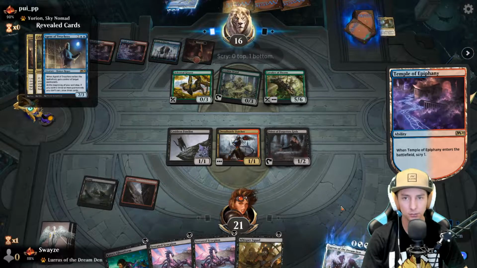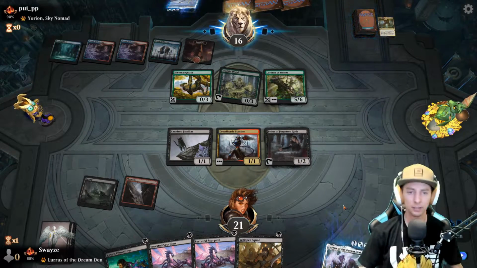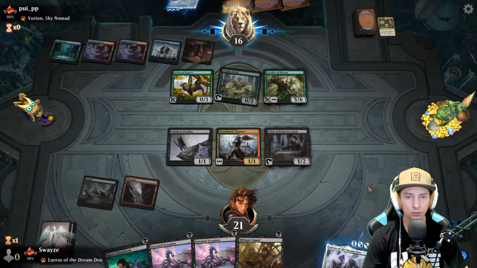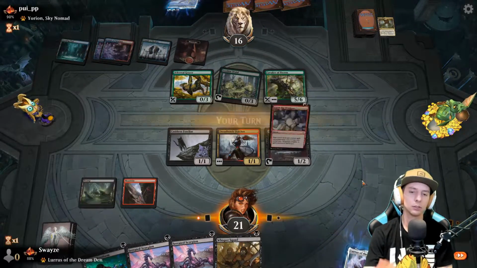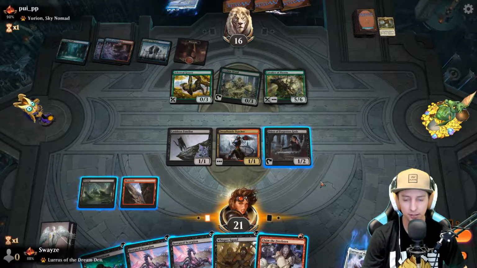This elemental teamer Yorion deck is insane, guys. I really want to make this deck for you guys. I don't have any Cavalier Thorns though, or what else am I short on? That mythic elemental. I forget the name of it, but